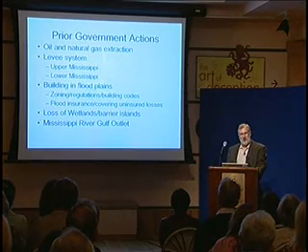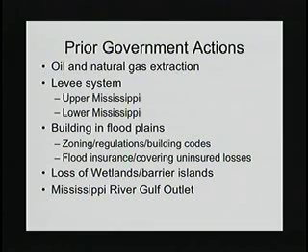The levee system in the upper Mississippi is denying the nutrients to the wetlands that you need, and the levee system in the lower Mississippi is diverting the water away from building the Mississippi Delta back up, which historically protected New Orleans. Mostly I'm going to focus on the last 3 issues, which is building in floodplains, which we'll see in a minute, the loss of wetlands and barrier reefs, and what now appears to be the real villain in this story, which is a huge Army Corps of Engineers project called the Mississippi River Gulf Outlet.